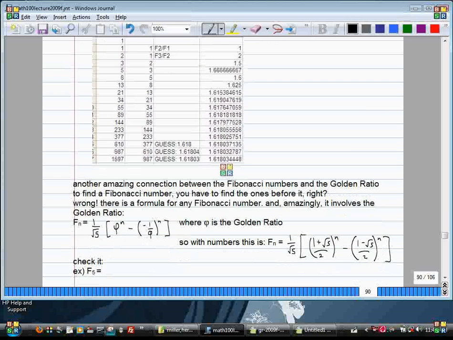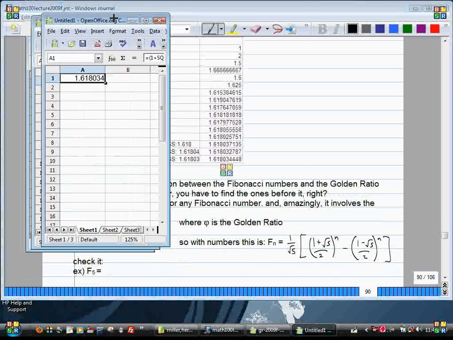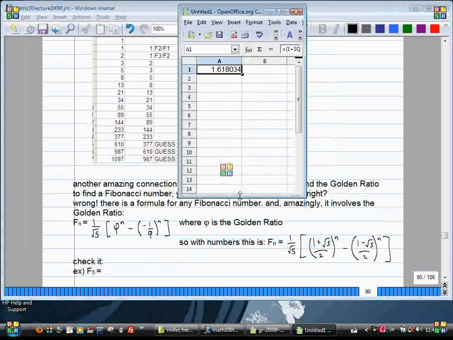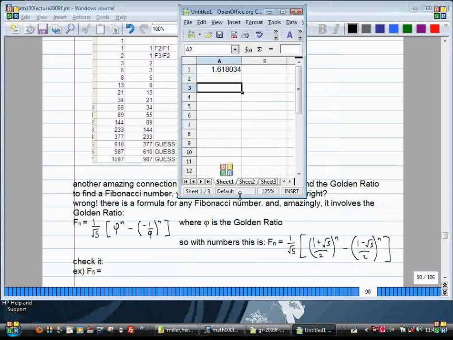Just to give you a quick little example of how this would work, let's find the 5th Fibonacci number using this trick. So it should equal 1 divided by the square root of 5 times, in parentheses... actually, I'm going to do this a little easier. I'm going to type into this cell the golden ratio, and then I'm just going to refer to it. The golden ratio is right here. So what I'm going to do is 1 divided by the square root of 5